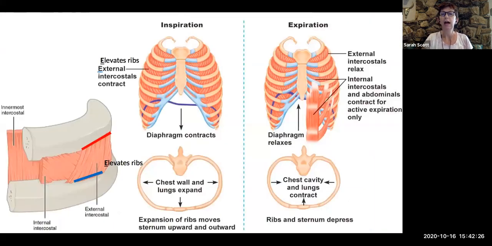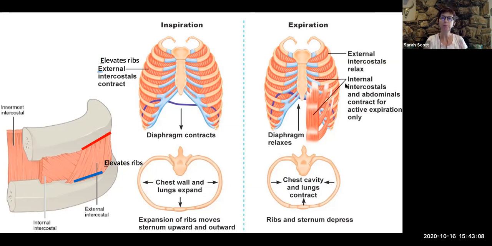Okay, so as you can see on inspiration, that is pulling air in, that is when you use your external intercostals. And so when the ribs are lifted, it makes the area within the thoracic cavity larger. Okay, now expiration, that is expelling air. Now there's two ways we can do it. You can just relax your external intercostals and those ribs will naturally fall, which forces out air. But the only time you're going to use the internal intercostals is when you force out more air than normal.